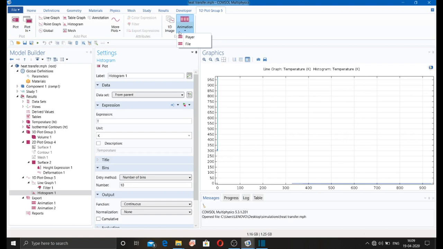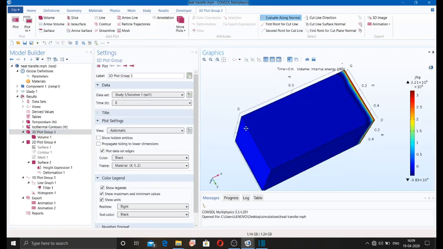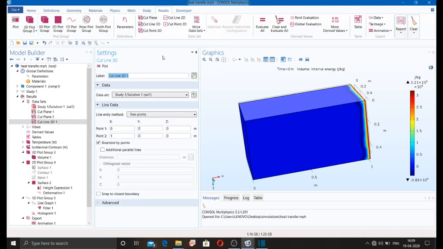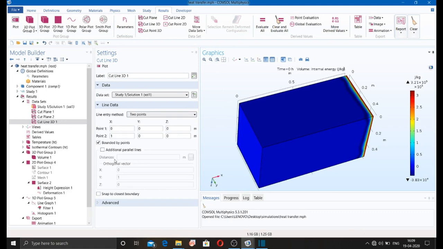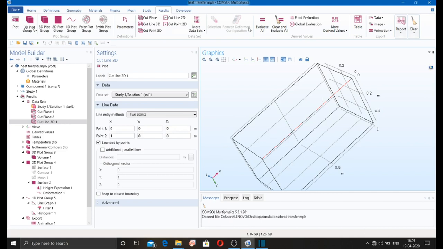Okay, you can also export animation of this 1D plot group, and for plotting 2D plot you can use cut plane, cut line 3D. I'm just selecting and you can see along with this line.